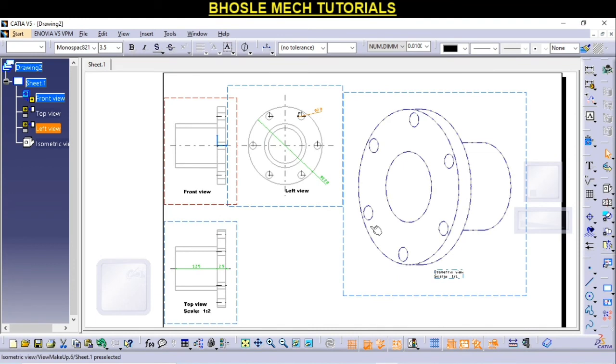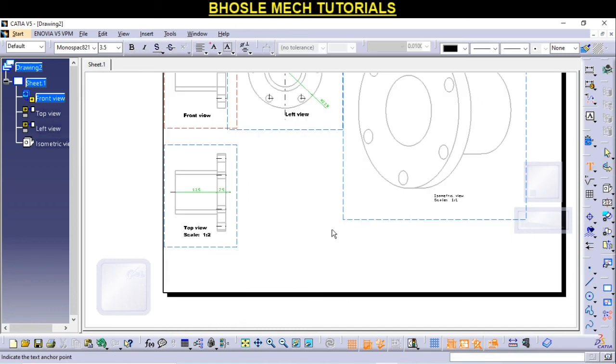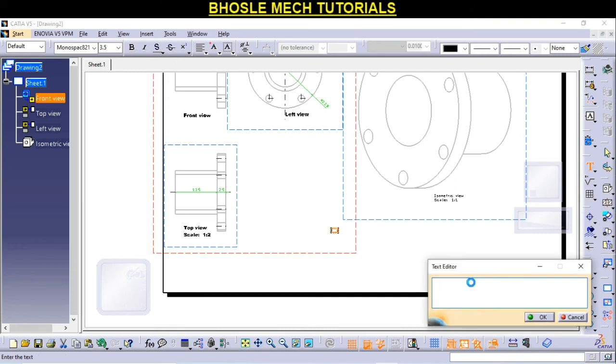Okay friends, and if you have any notes, then go for text, and you can edit the text, like projections of flanges.